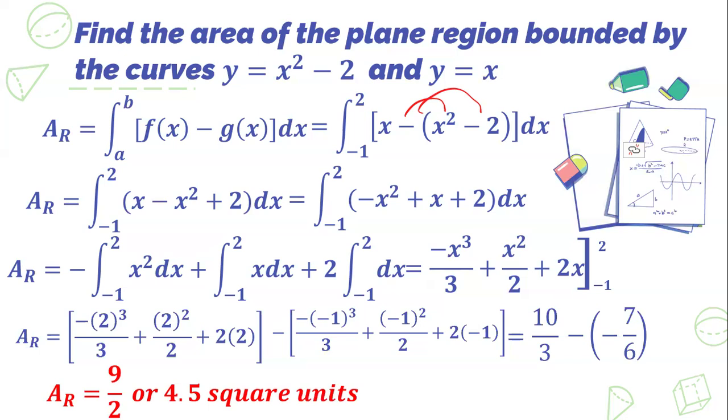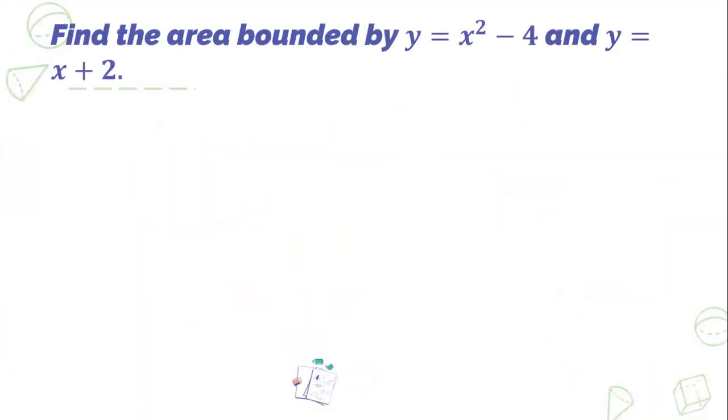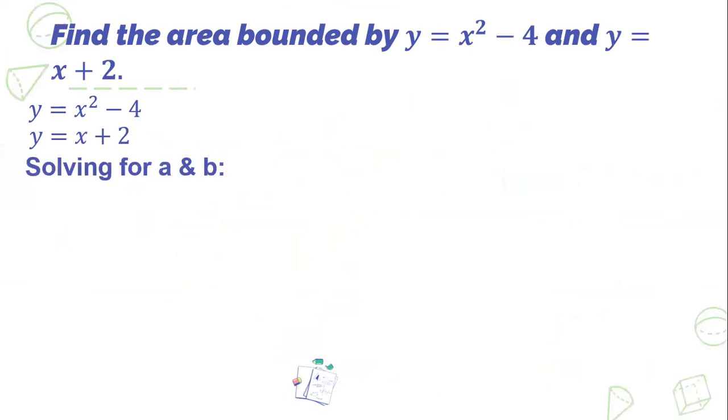So let us now proceed to the next example or the final example. Problem number 4. So we're still on case number 2. Again, there should be 2 functions given in case 2. So again, it's a parabola which opens upward, and obviously this is a linear function. So what we will draw is a line. So you are obligated to solve first for a and b simultaneously because we will always set y equal to y. Then we equate both sides.